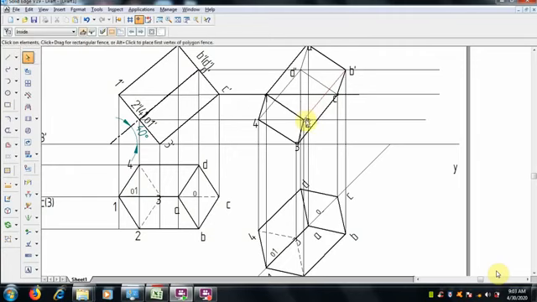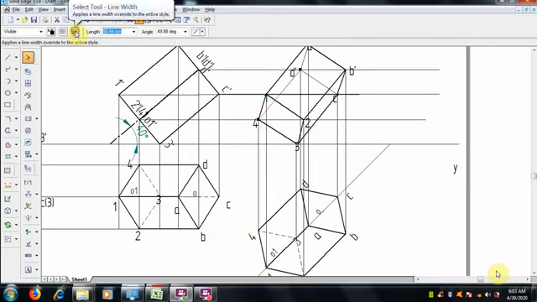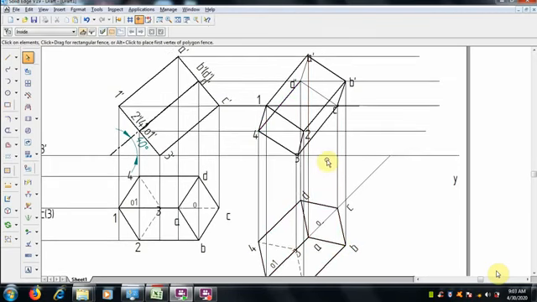So the visible edges 2 to B, 1 to A, all are visible edges, 0.5 mm thickness. Remaining, all hidden lines, we have to make with the help of hidden lines. Now all the visible edges which are joining the top should be joined with 0.5 mm thickness.